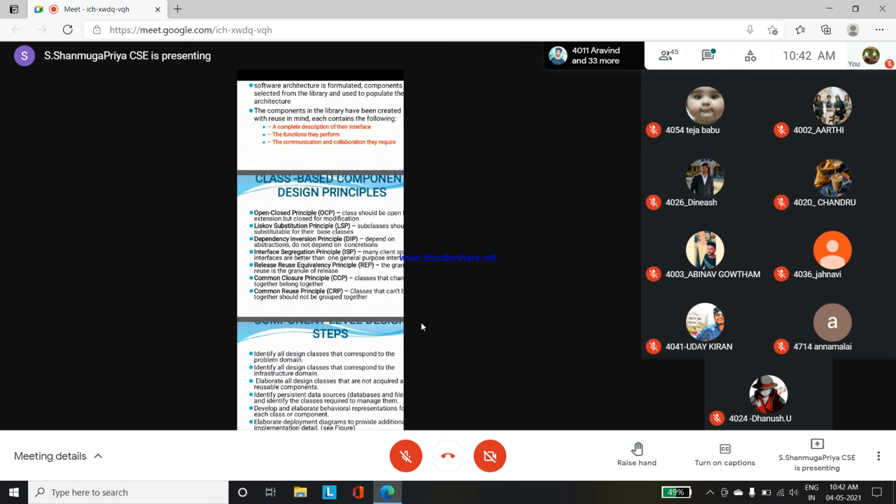in each class what attributes we are using, what operations we are using, and what interfaces we are using. All those things we can identify before the construction activity. Before the construction, before the programming, before the coding part, we are able to identify all those things. So that is one of the main advantages in class based